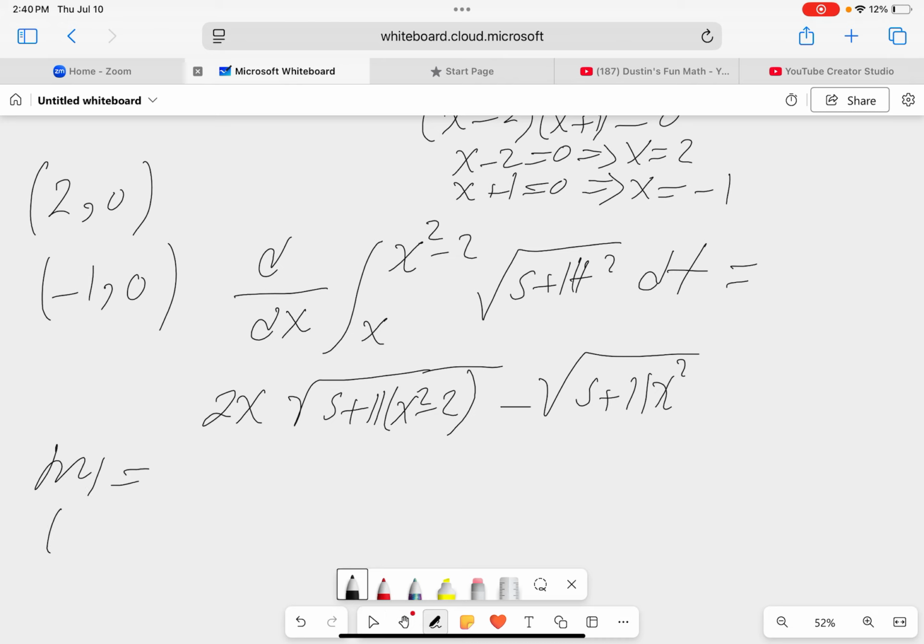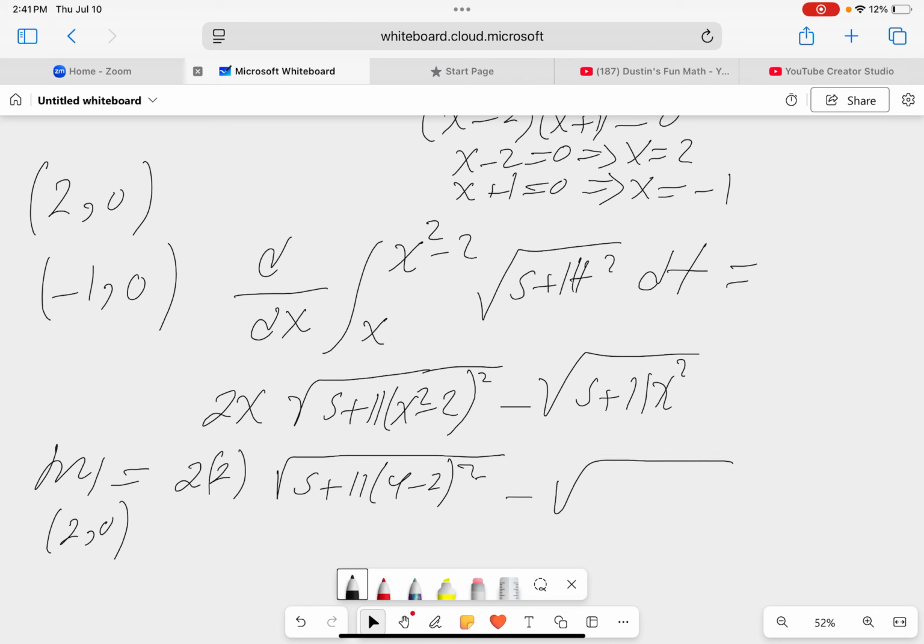So the point here is (2, 0). So your x value is 2. Instead of x, I'm going to put a 2 here. So this becomes 5 plus 11 times 2 to the power of 2 is 4, minus 2. All right. And then don't forget, we have a 2 here. We forgot this, put the 2 on top here. Sorry about that, guys. And then this is going to be 5 plus 11 times 2 to the power of 2. All right, let's